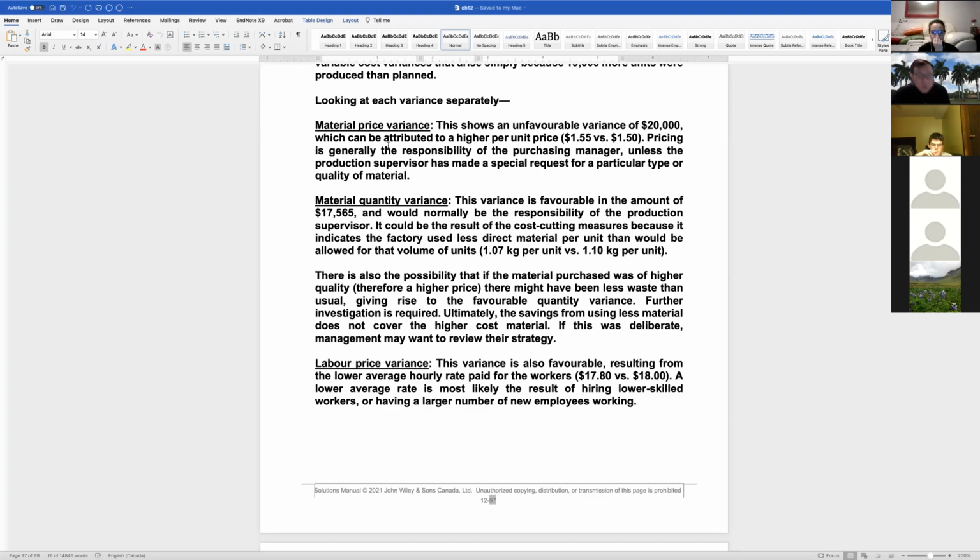And the material quantity variance. So this is the scenario where we want to know the quantity variance for the materials, right? The quantity of material. So are we using these raw materials effectively, efficiently? Is there any waste, right? So basically here,